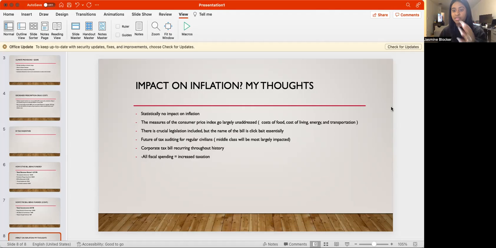It always trickles down in the worst ways, with tax burdens falling on the people that can least sustain it, and increased fiscal government spending. Also, just basic economics 101. The government spends more, our taxes go up. It's just econ 101. But those are kind of my thoughts about this. There is not going to be a substantial impact on inflation, even though there was a lot of important legislation that got bundled into this. There are some things that I'm not thrilled to see. And that's a little bit about that.